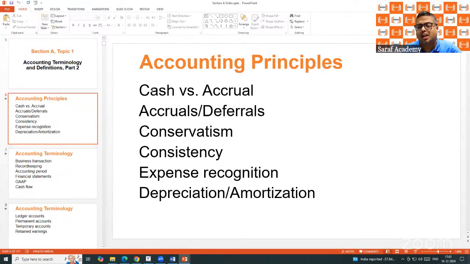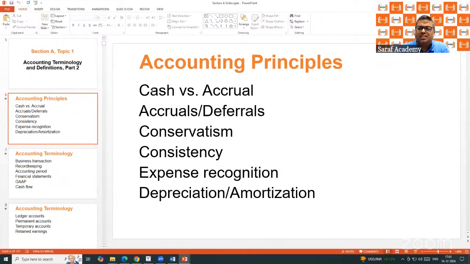Suppose somebody joined the classes and they have not made the full payment. They have paid partial payment, they will do later. I will record the income full amount. Suppose 1 lakh is the tuition fees, a student paid 20,000. I will record income of full 1 lakh. But the 20,000 is the cash received, 80,000 is not yet received. Accounts is prepared on accrual concept, not on the payment or receipt of money. It is prepared based on the accrual concept. Accruals and deferrals.